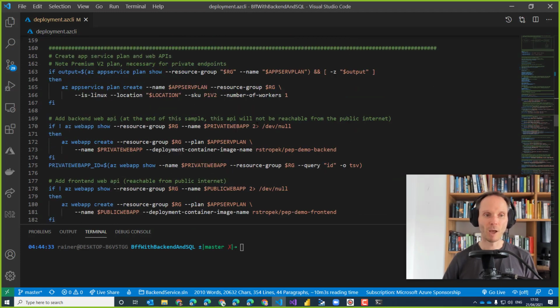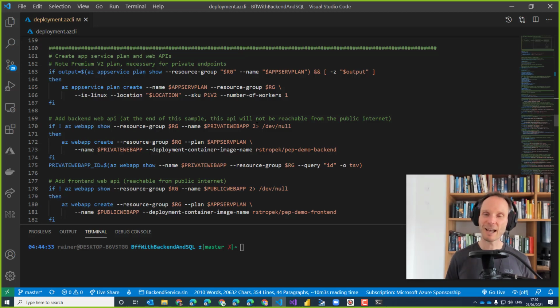Next were the two app services. I use the Azure service which is called App Service. It's the go-to service if you would like to run web APIs or websites in Azure. Of course, you could use more elaborate systems, like, for instance, a Kubernetes cluster, either your own Kubernetes cluster or a managed Kubernetes cluster called Azure Kubernetes Service, AKS.